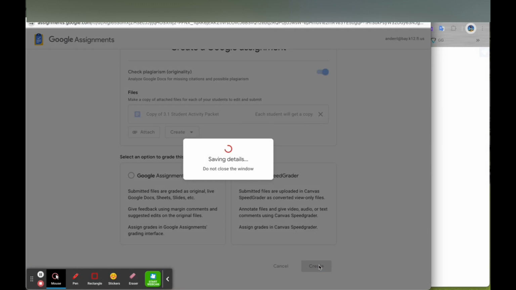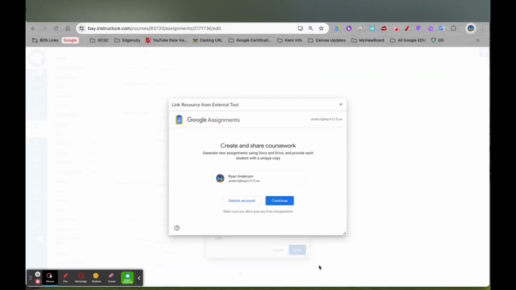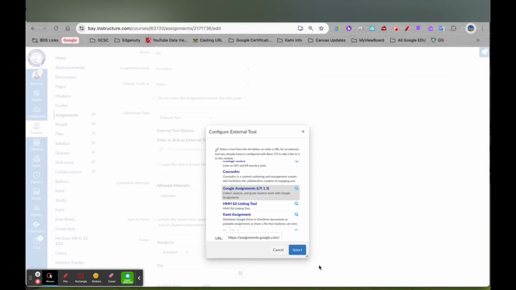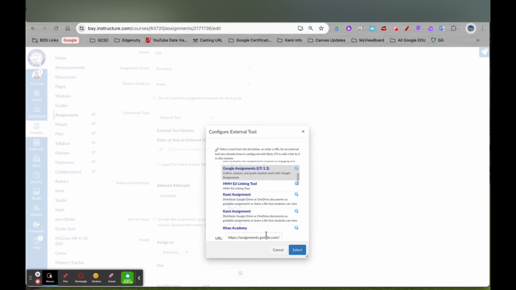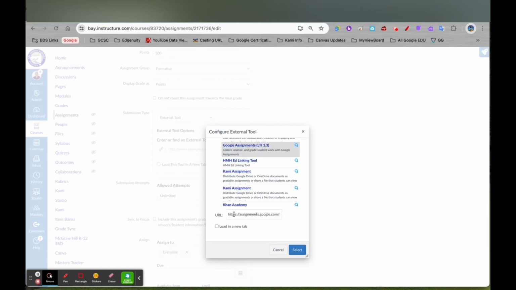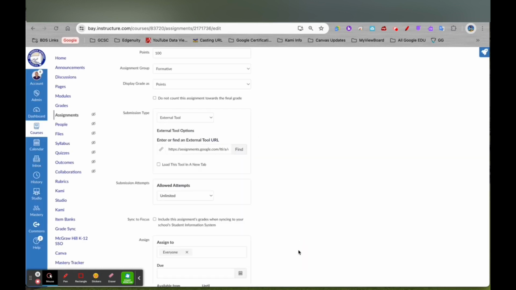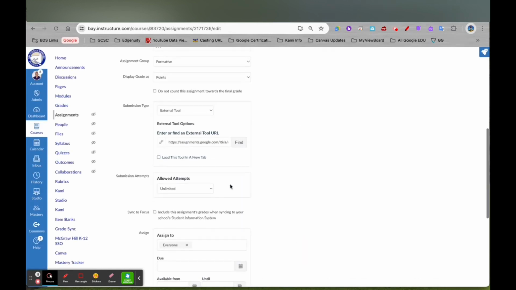What this will do is it's going to now generate a copy for each student. Each student gets a copy of your template. When it bounces back to this screen here, it'll show you that you've actually done it correctly. If you see a URL in this box here, that's the connection to the Google Drive for that Google assignment. So I click Select there,